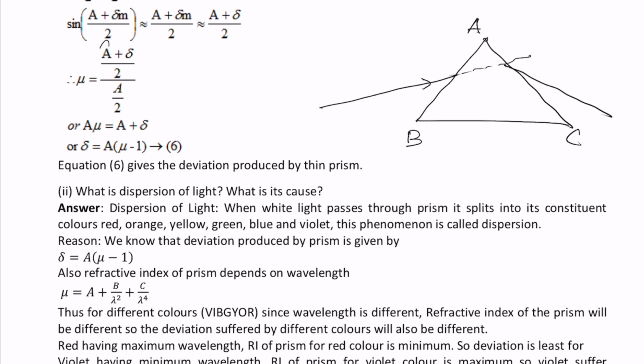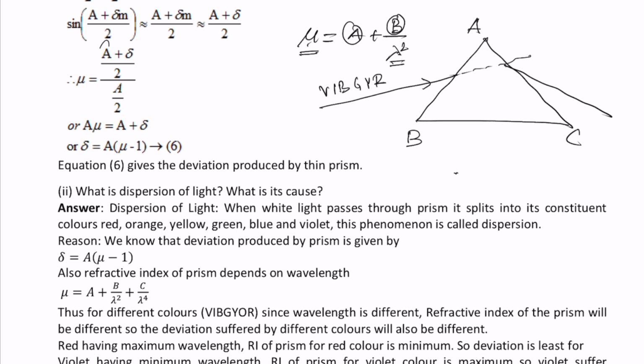because we know that the refractive index of the prism depends on the wavelength. This A, B are Cauchy's constants. This is not the angle of prism, these are constants. Now if the wavelength is different, the refractive index will be different. Now the incident white light contains different wavelengths. If the wavelengths are different, the refractive index is different. If the refractive index is different,